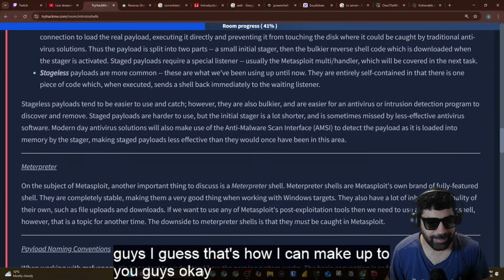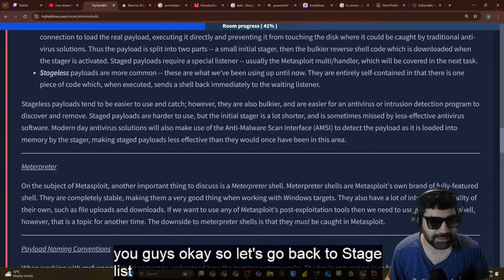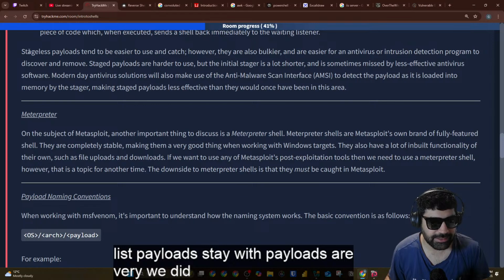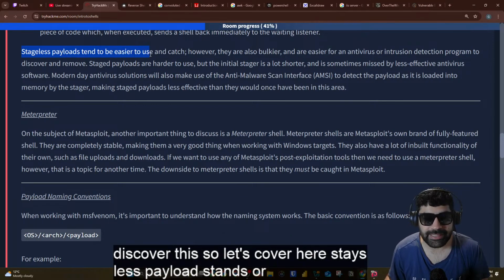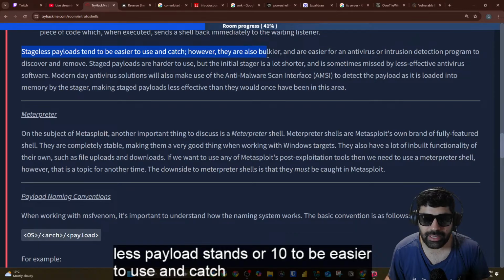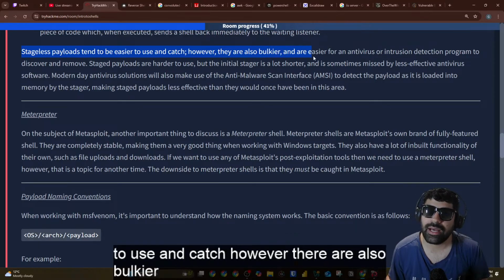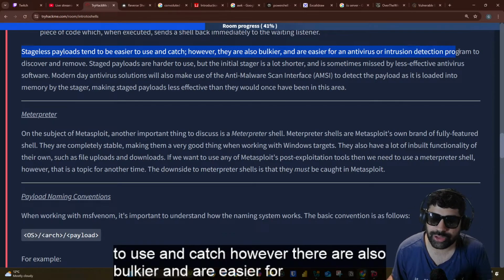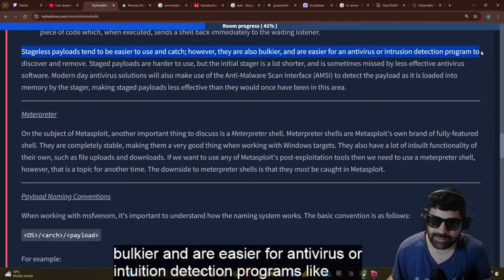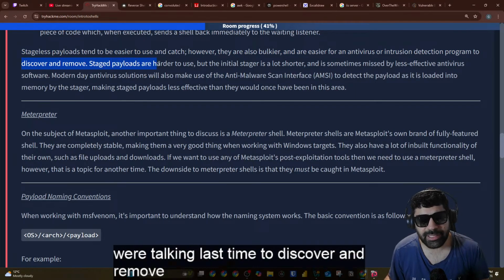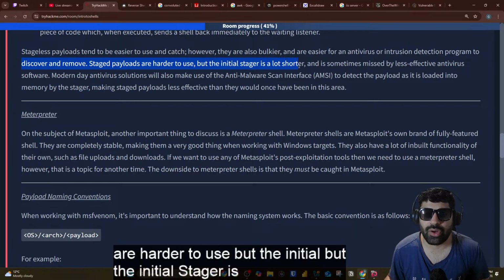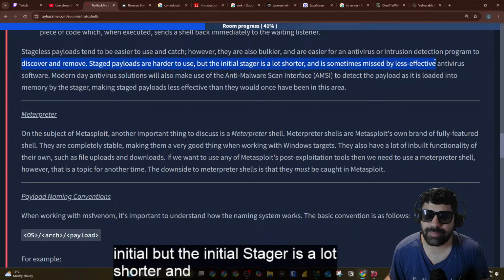Okay, so let's go back to stageless payloads. Stageless payloads are very common. We covered this. Stageless payloads tend to be easier to use and catch. However, they are also bulkier and are easier for antivirus or intrusion detection programs, like we were talking about last time, to discover and remove. Staged payloads are harder to use, but the initial stager is a lot shorter and sometimes missed by less effective